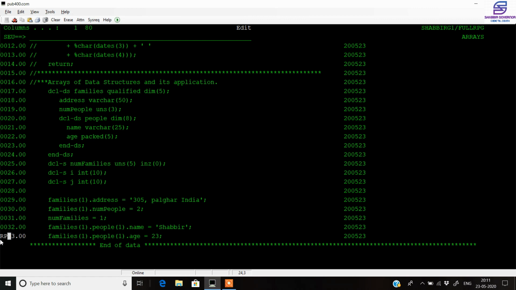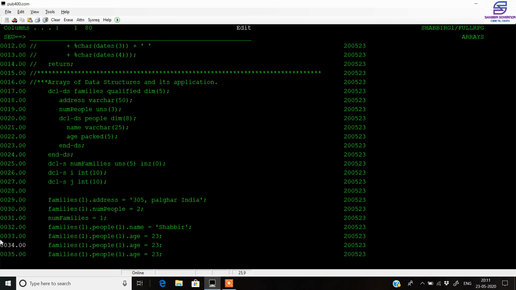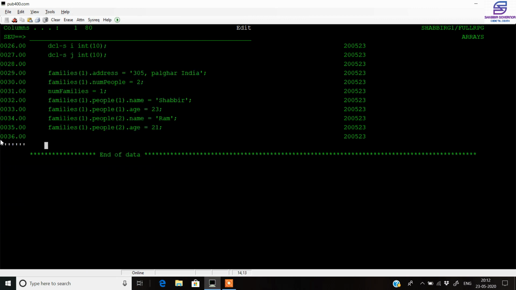So we write rp2 to repeat this 2 times. Inside the first family, the name of the second person is going to be some random name, and the age of the second member is set. So we have now set all the attributes that we wanted for our data structure.